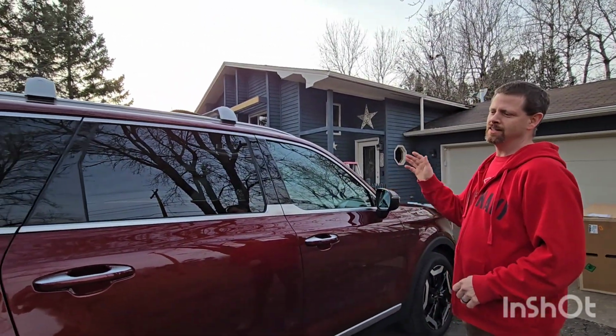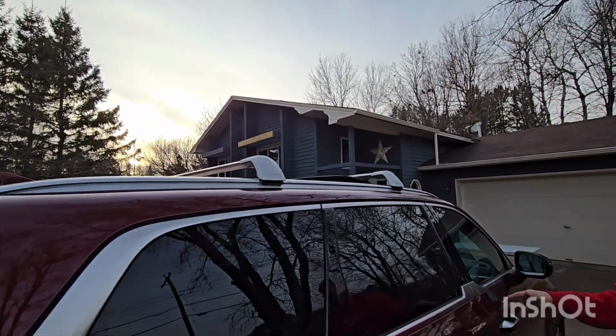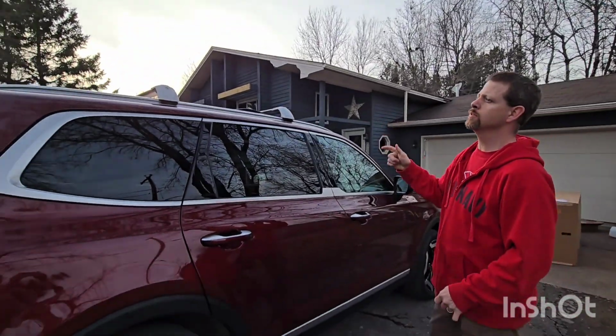All right, so far we've got 830 miles on this car, and we love it. So we give the car a thumbs up, we give the roof rails a thumbs up,